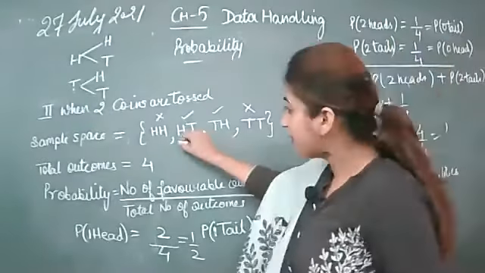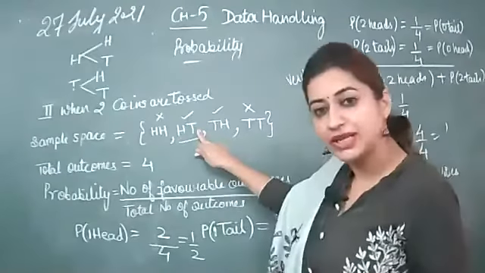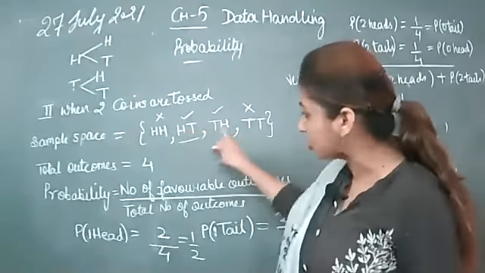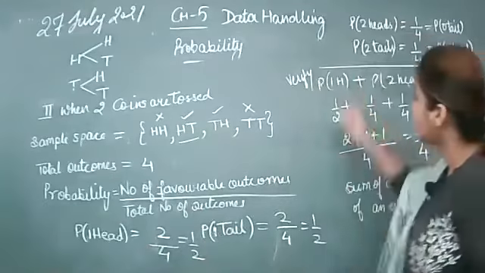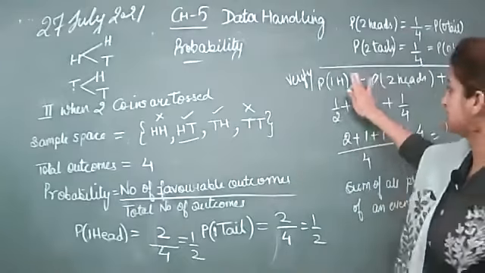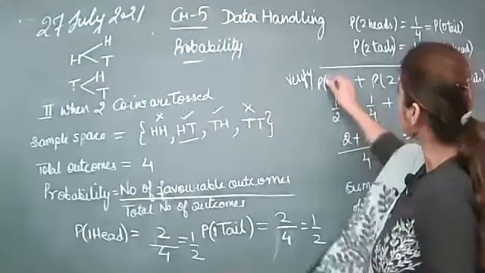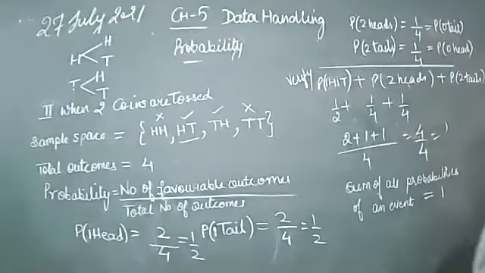Actually, if at one time this is showing you one head, then the other represents one tail. So both are the same, both are counted in this case as well as in this case. So you will take one at a time. Instead of one head, you can write here one head, one tail. You can write it like this also. Probability of one head, one tail. One head, one tail, right?